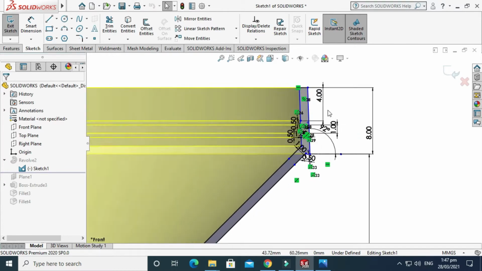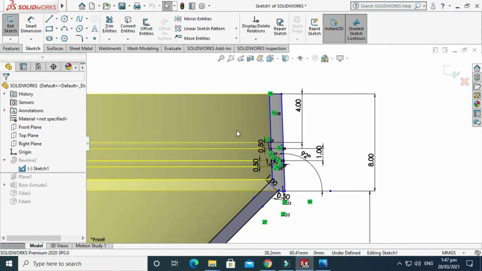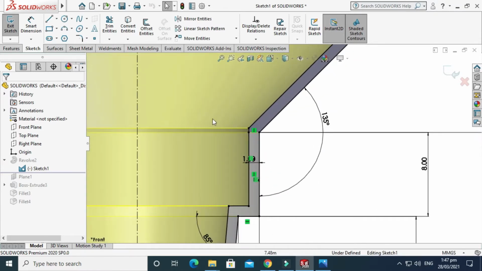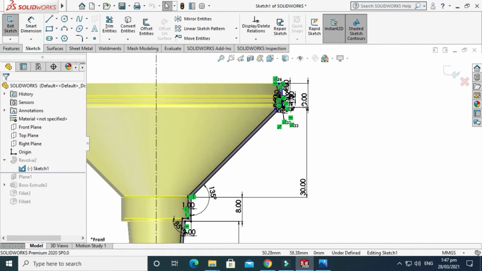So this is the cross section of this funnel, and you can see some blue lines which say that this sketch is underdefined. It is not a good practice to make underdefined sketches, but it will work for us. And here the sketch is black, which means that it is fully defined.